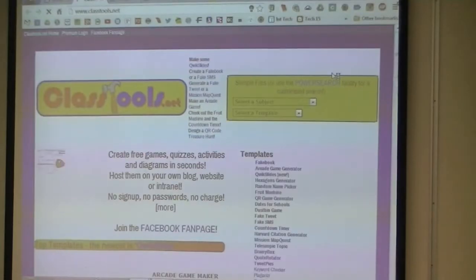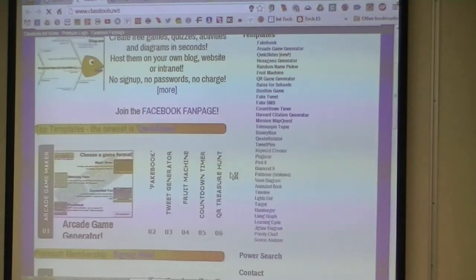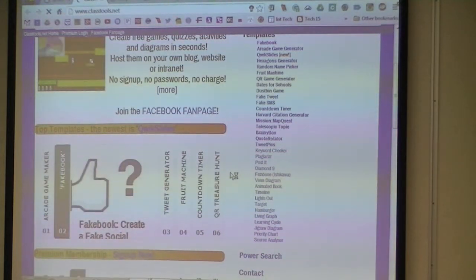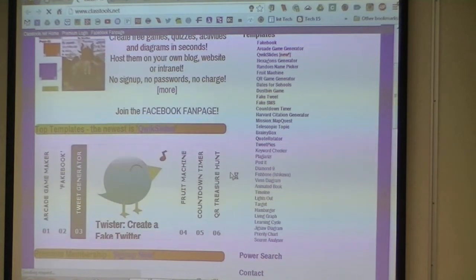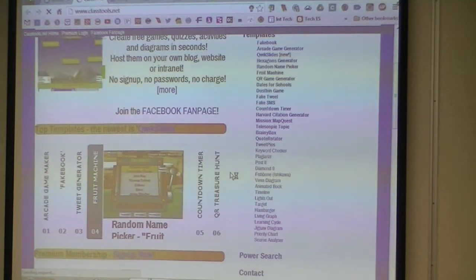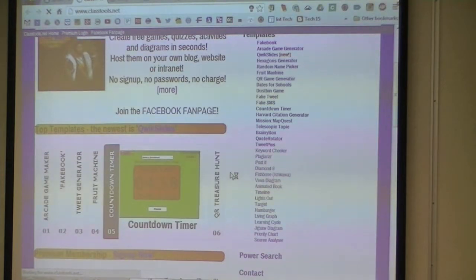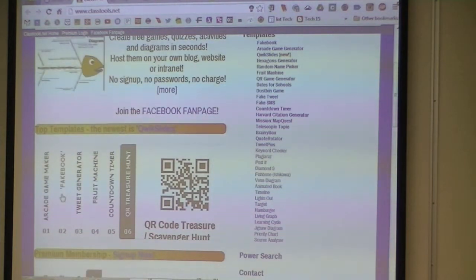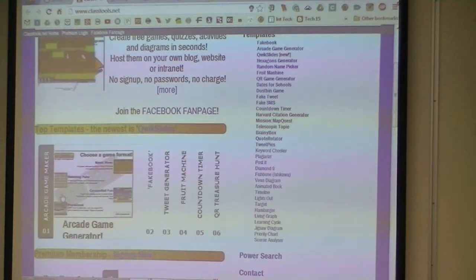I don't know, classtools.net. Okay. I kind of try to find ways to meet students where they live. The students that we have right now have never seen a rotary phone. Facebook is something they've been accustomed to since they can remember going on the internet. So if you take a look here, they have a couple of different things that I think would be interesting for them. Okay, the fake book is